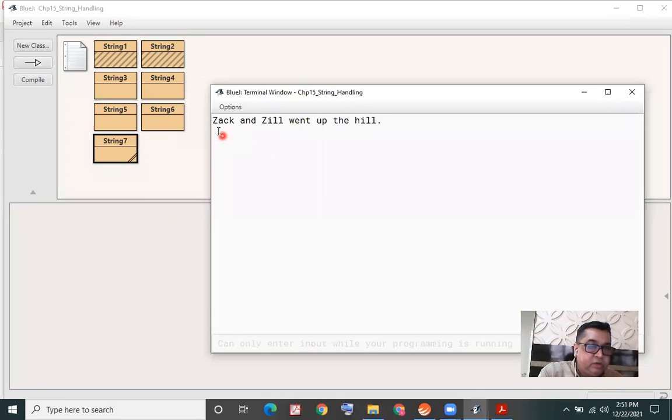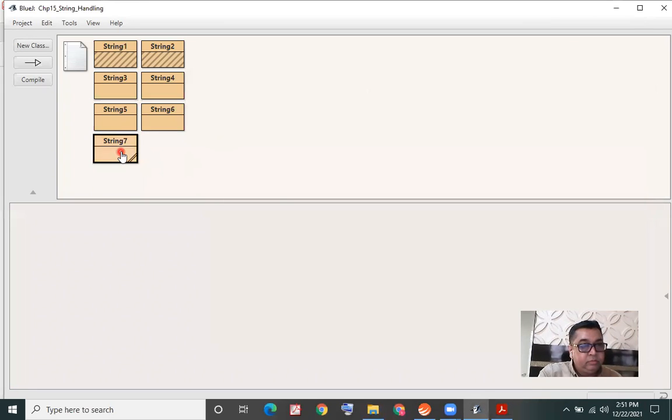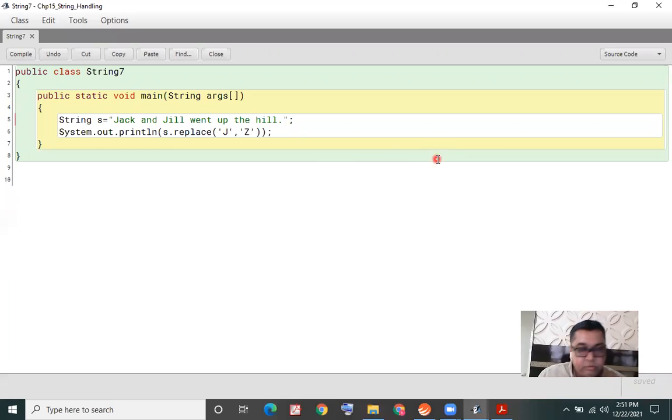So notice the letter J of Jack has been replaced with Z, and the letter J of Jill has also been replaced with Z. So it's a simple method which will look out for what you want and replace it with the other character.